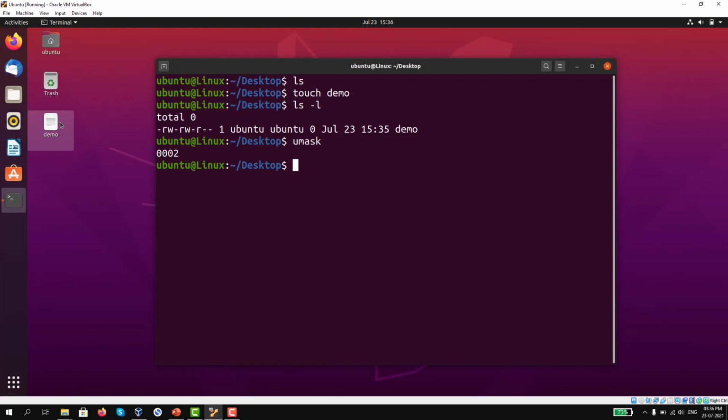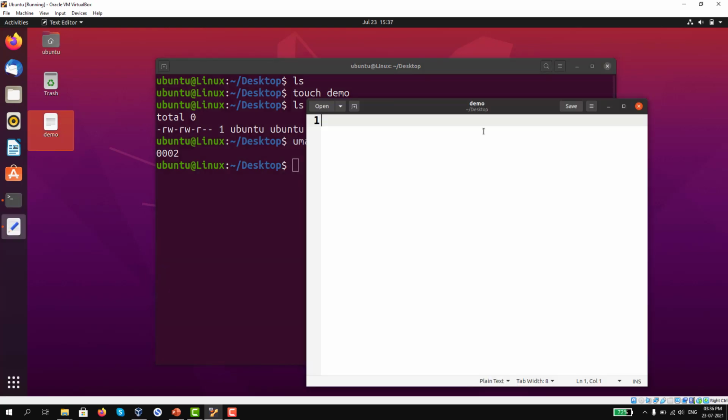Let me explain. I have told you Linux system by default has 666 for files and 777 for directories. For files, let's say I want to configure read write permissions for user and only read permission for group users and others, and I want these permissions to be configured every time a new file is created.